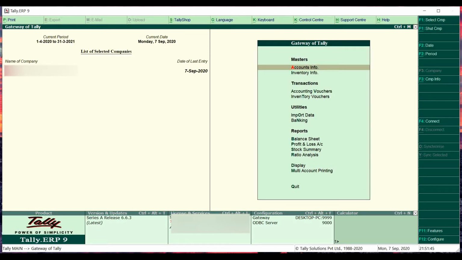So today we are going to learn how to create a stock item with HSN code and with GST rate, and how to create ledgers for both debtors and creditors. So let's get started. First of all, for creating a stock item we have to go to Gateway of